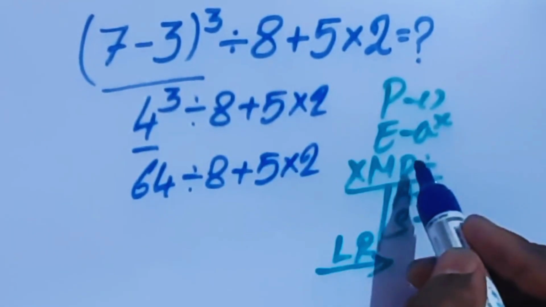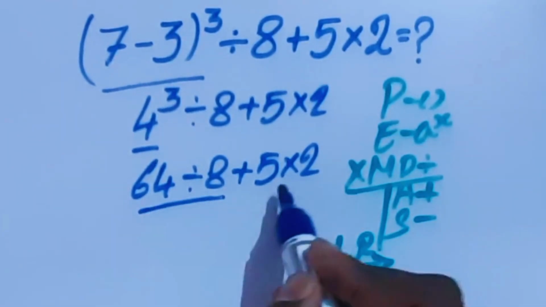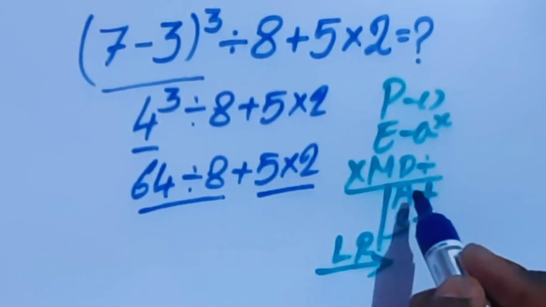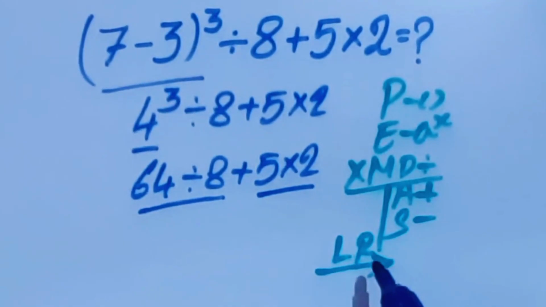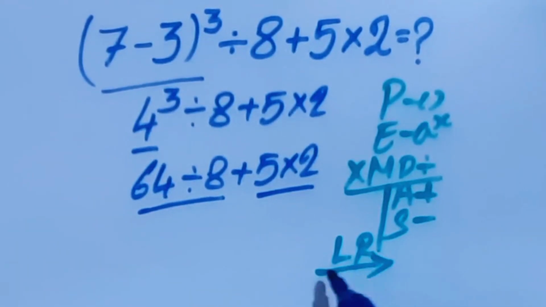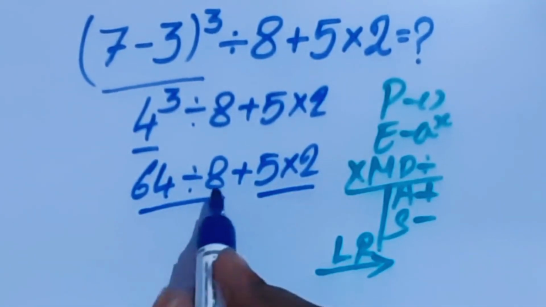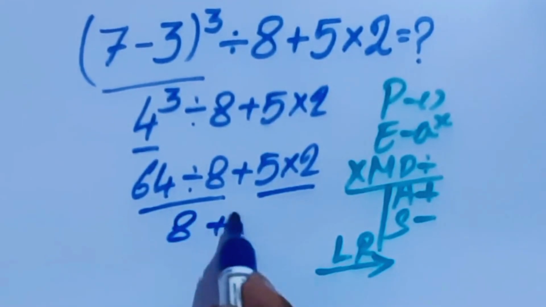Here, the next priority is multiplication and division. Here we have division and multiplication. We have to do the multiplication and division before the addition. So, here multiplication and division are equal priority. For equal priority, we have introduced the left to right rule. Here, left to right is this one. 64 divided by 8 is 8, plus 5